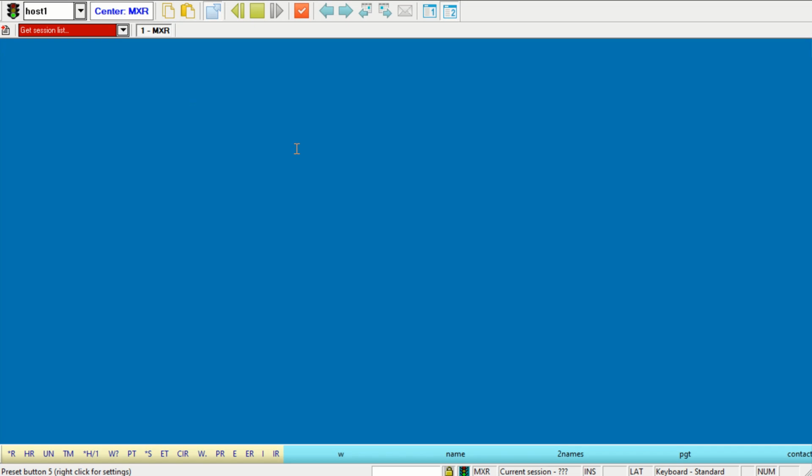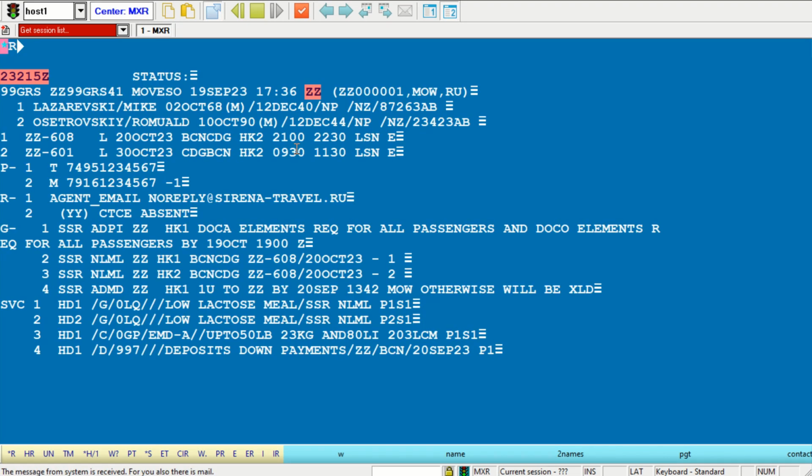How to issue an EMD. If you can price service with after pricing, for example, the first service in our PNR,